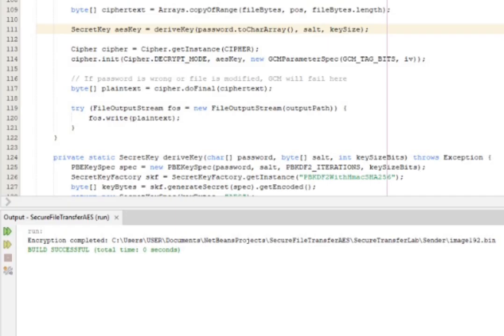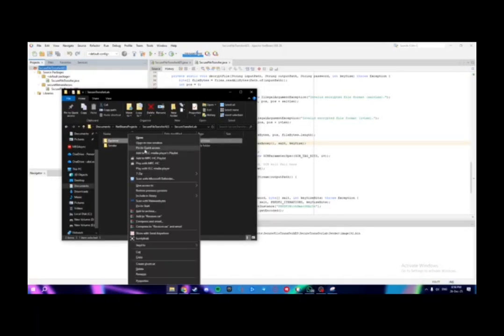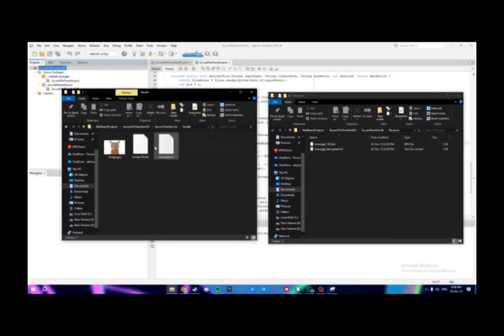Then the output of this file being encrypted would be here. Encryption completed is the path to the sender, or the path to the image file, encrypted file. Then after the encryption process, you should see the bin file inside the sender folder. Move it to the receiver folder, the bin file, and then